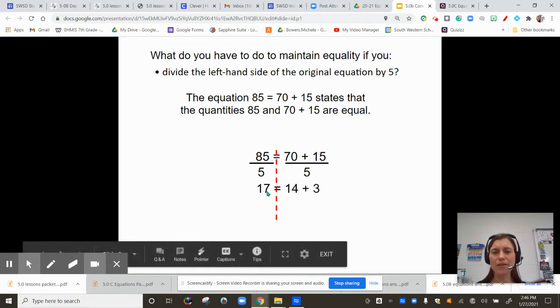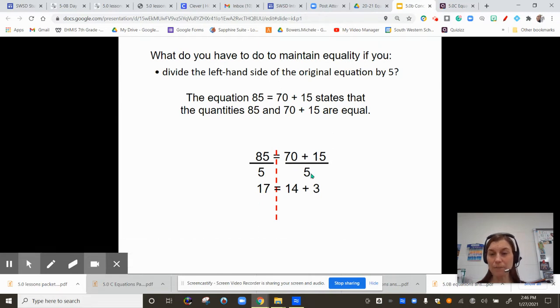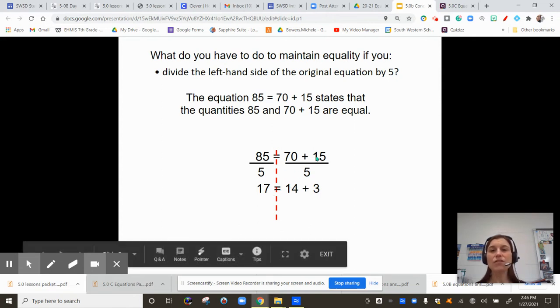17. Now you know. Okay, good. 17. So on the right, I had to divide both 70 and 15 by 5. Because if I didn't, and I only divided 70 by 5, I would have had 14, but 14 plus 15 doesn't equal 17. So I had to divide 70 by 5, which is 14, and 15 by 5, which is